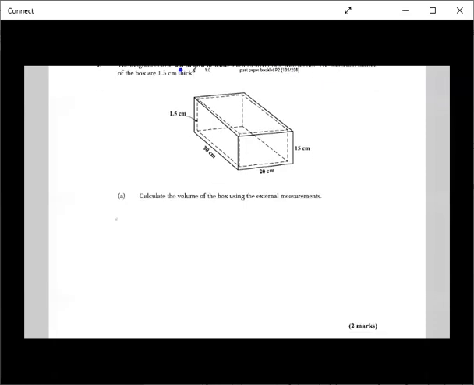It's a cuboid. Volume is equal to A times H, which is equal to length times width times H. So this one should be easy for everybody. Use that as the length, this as the width, and 15 as the height. So this is 30 by 20 by 15. So this becomes